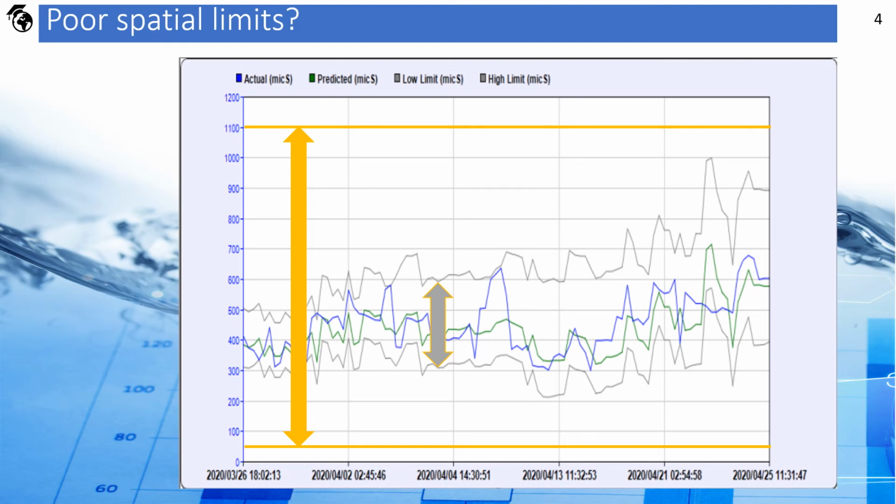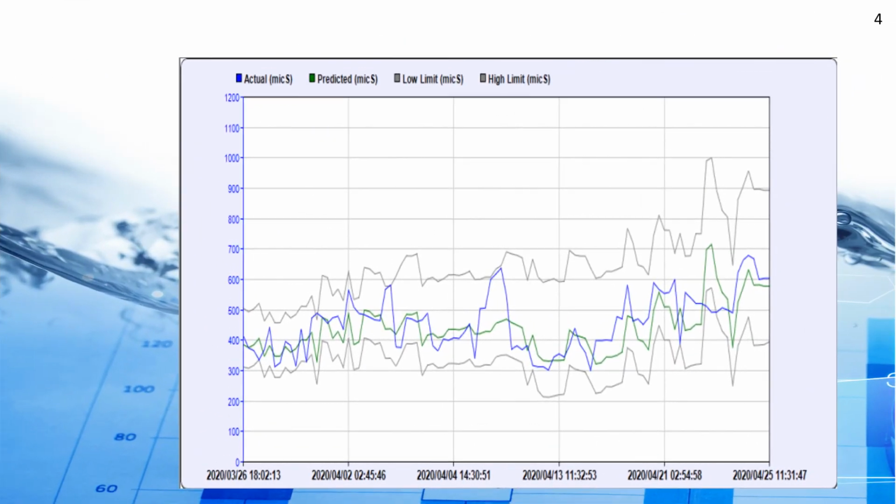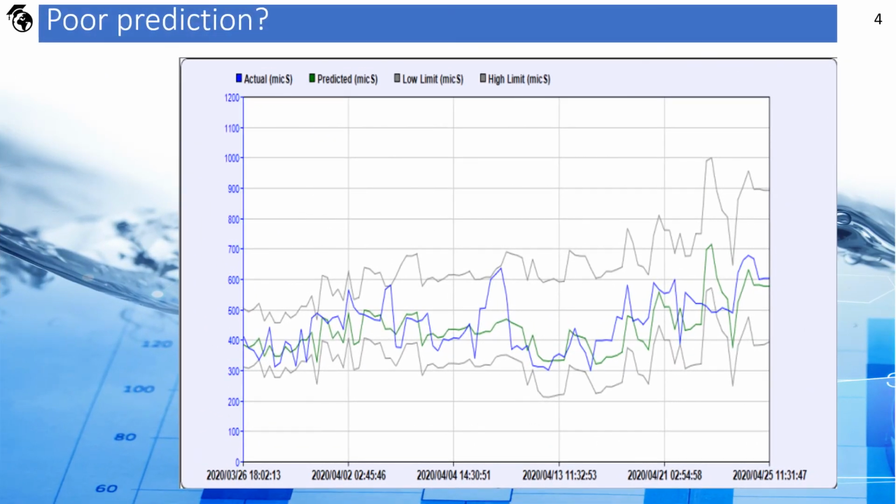A third alert that can be produced by the pair in the spatial model is an error of prediction. To calculate this error, find the difference between the predicted value and the value found, represented in the graph by the gray arrow, and divide it by the actual measured value represented in the graph by the blue line. The system will notify when the deviation is greater than 25%. This value of 25% is also a default setting that can be changed by the user.